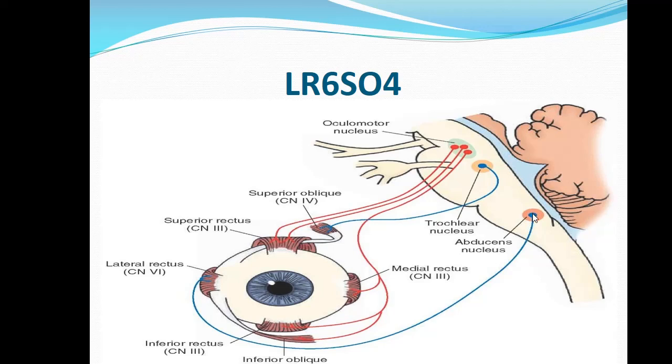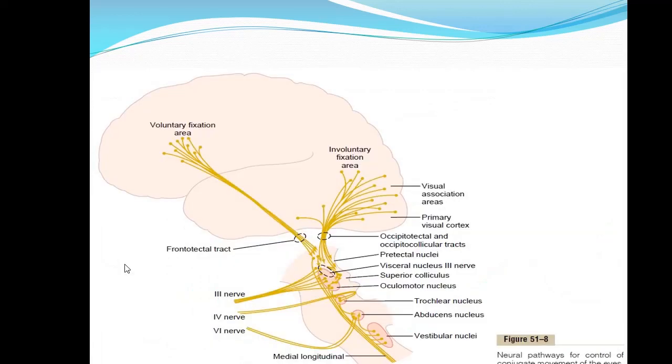So this is the innervation of the extraocular muscles. When there is stimulation of, let's say, the trochlear nerve, this is going to cause contraction of the superior oblique muscle. And when there is stimulation of the sixth nerve, it is going to cause contraction of the lateral rectus muscle. Now we will move on to the supranuclear control of the